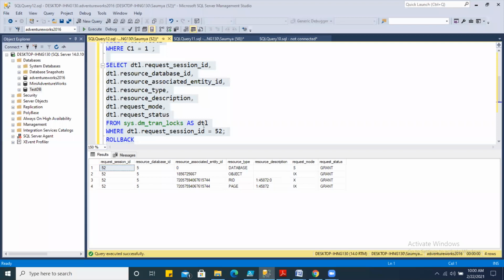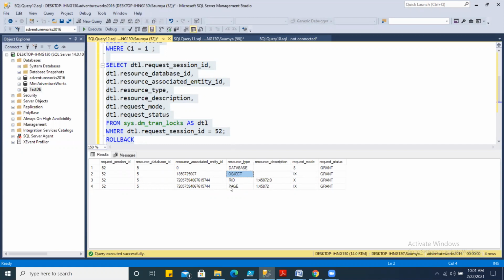So now you see that against session ID 52, we have multiple pieces of information. First, the resource type is the database. As I told you, whenever you establish a connection with a database through a session, a shared lock is granted against that database to the session. That's why you see here the request mode was shared and it was granted. The next, let us not talk about this object yet, let us talk about this RID.